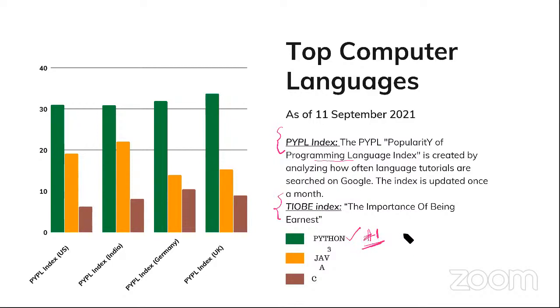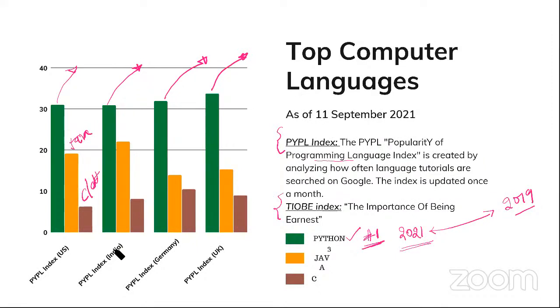This result is taken from September 2021, but this Python trend has been going for the last couple of years. From 2019 to 2021, Python is leading. This is a Python graph versus Java, C, C++. Last year, 2020, Python was leading, and C++